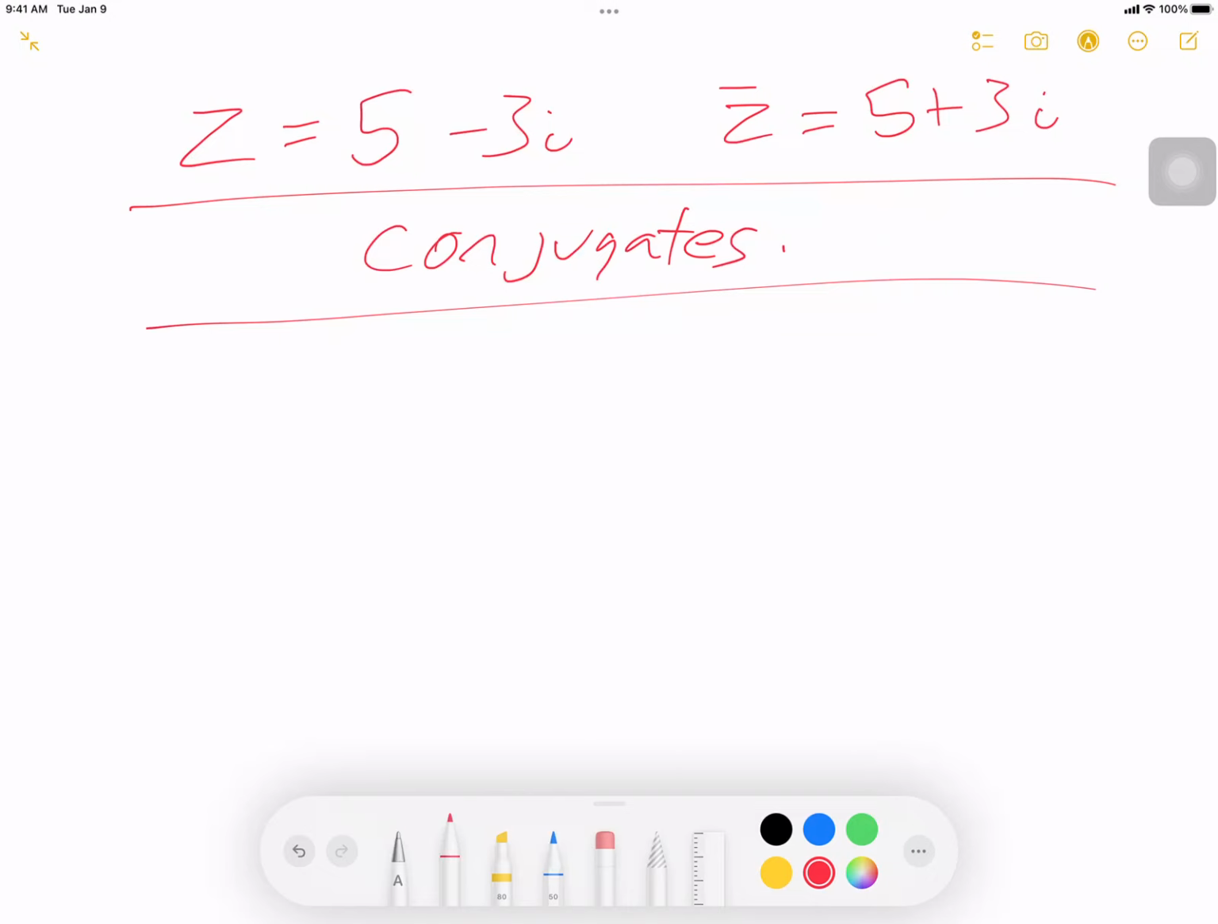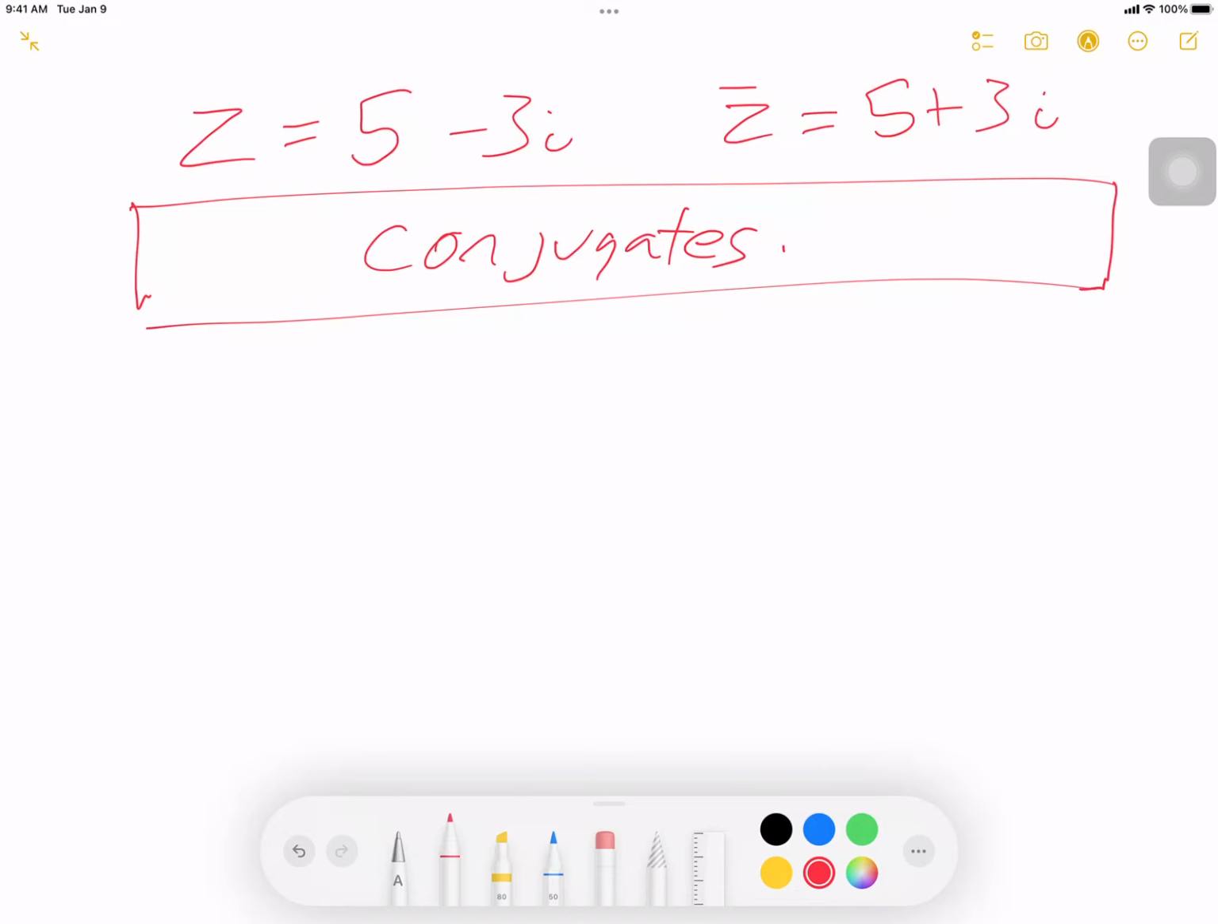Okay, this is the first of 3 videos around why conjugates are important, and why calculus teachers are obsessed with conjugates when it comes to imaginary numbers. So the first thing I want you to see is that if we've got an imaginary number z,